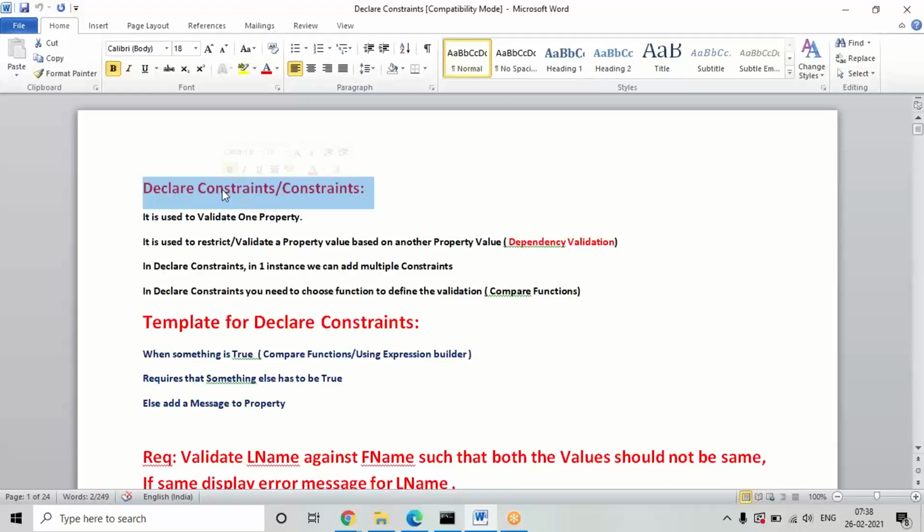The thing is, in your application, suppose you're using the first and last name properties in multiple pages. Constraint means if you define the condition once, everywhere it will apply the same condition. Only once will you define it, and everywhere the same condition will always apply for those properties. Again, we cannot define another condition for the same properties in the application.